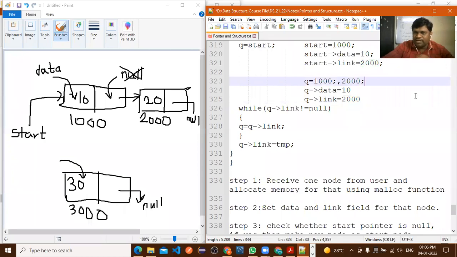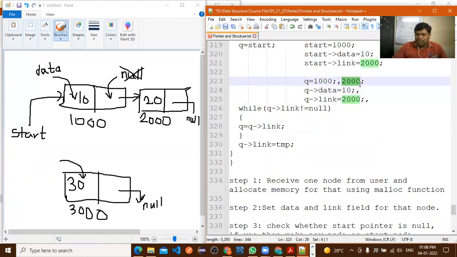The 2000 value. Now you can understand, previously it was 1000. Now it is 2000. I will write a semicolon and comma so that you can understand the previous value.